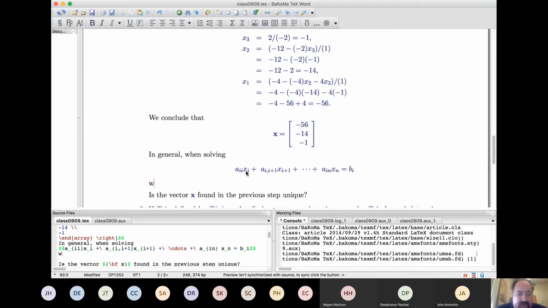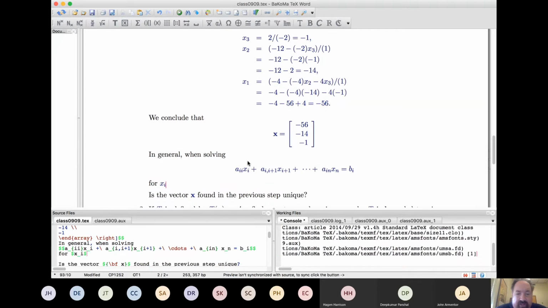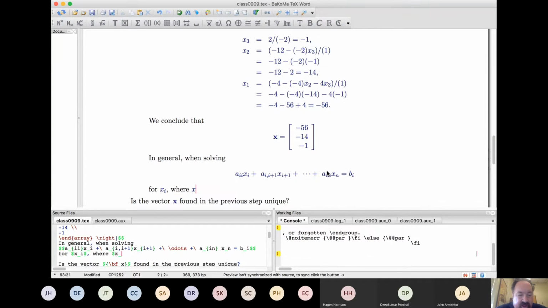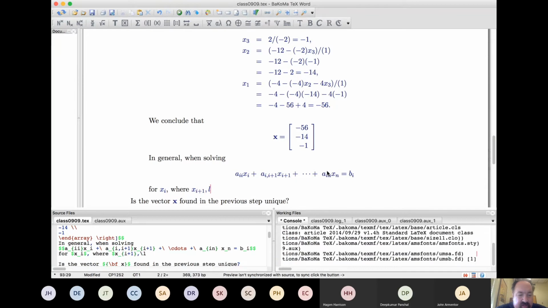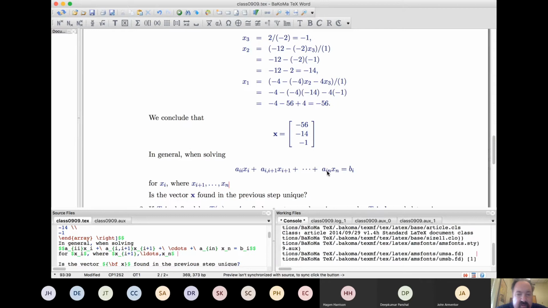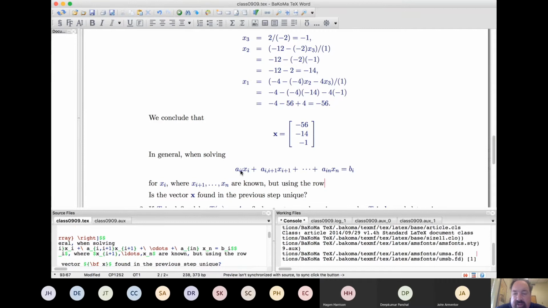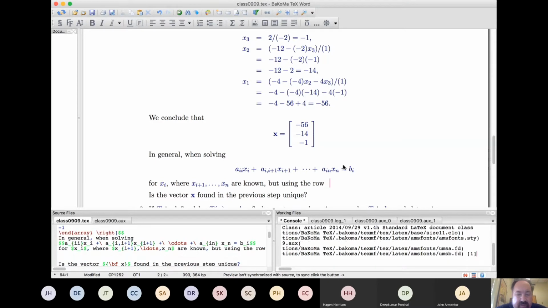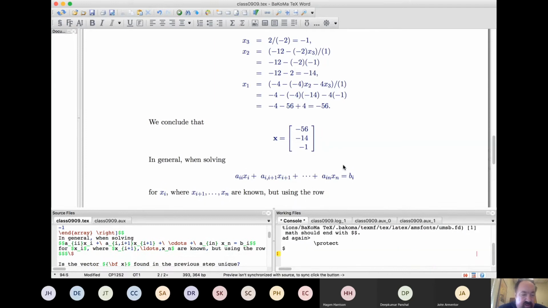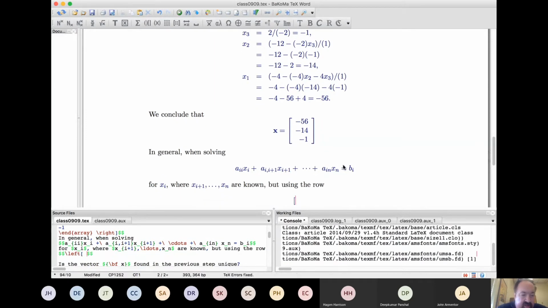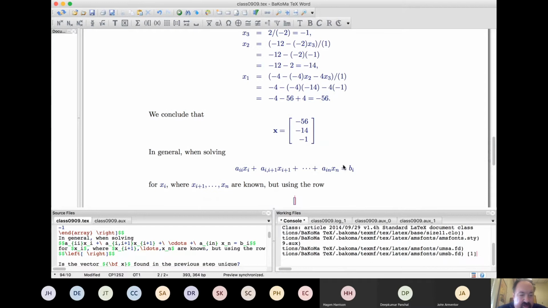You're trying to solve this equation for xi, and these other x's are already known, so ones of a higher index. But really what you're working with is not an equation that's written like this. It might be easier, but it's more concise to be working with a matrix. So really what you have is